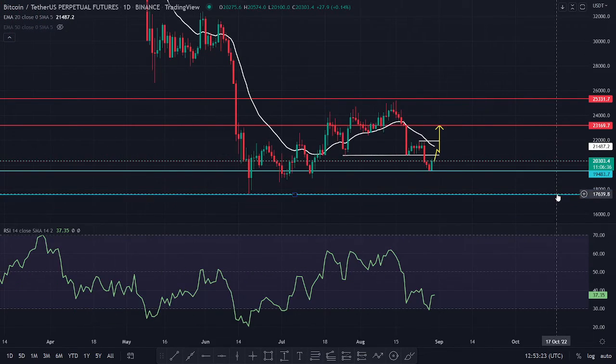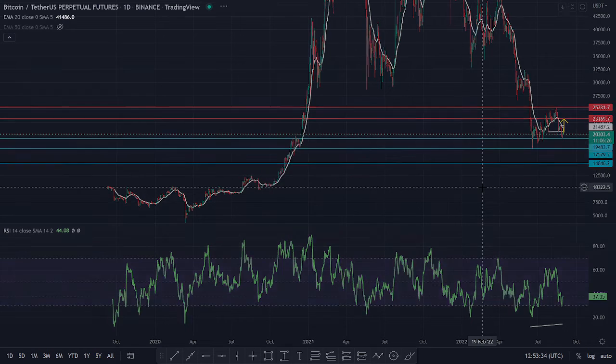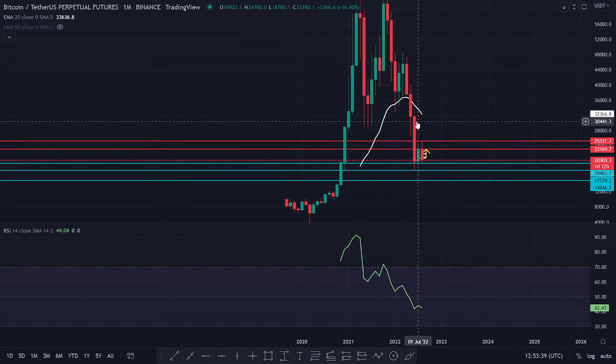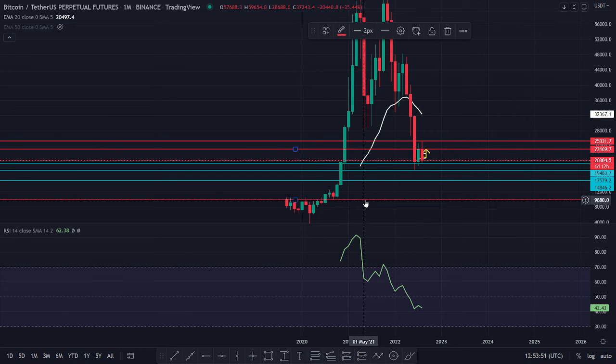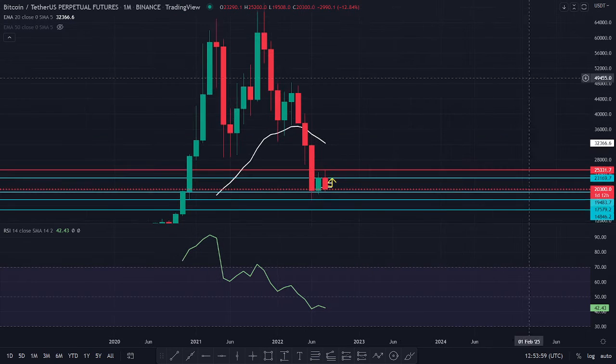mark. If the $17,000 mark and the $14,000 mark are actually broken, then it is going straight to the $10,000 mark. And on the monthly chart, you can see that there is no sign of any uptrend as of now. In fact, according to this monthly chart, the current target of Bitcoin is somewhere around $10,000 to $12,000 because this is the final resistance here. Possibly it can even go to this $9,000 mark. Who knows? These are all the targets according to my analysis.